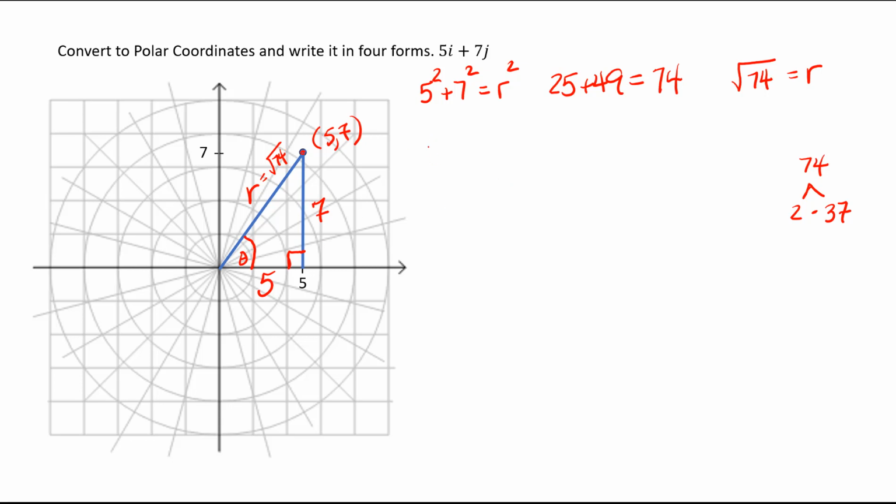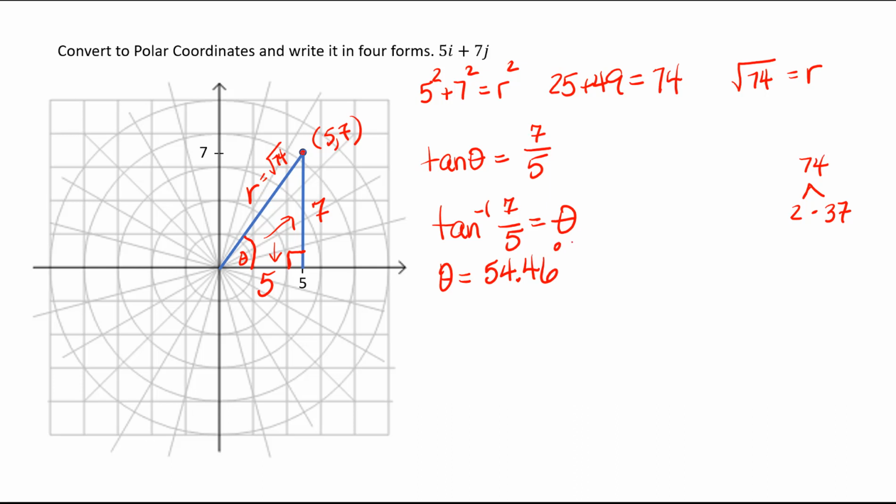So we're going to use tangent, because tangent theta is opposite over adjacent. So 7 over 5. So to find theta, we're going to use our calculator, and we will have to punch in inverse tangent of 7/5, which is going to give us theta. So if we punch that into a calculator, we will hit 7 divided by 5 and hit the equal sign and then hit inverse tangent. And that gives us about 54.46 degrees for theta. Theta equals